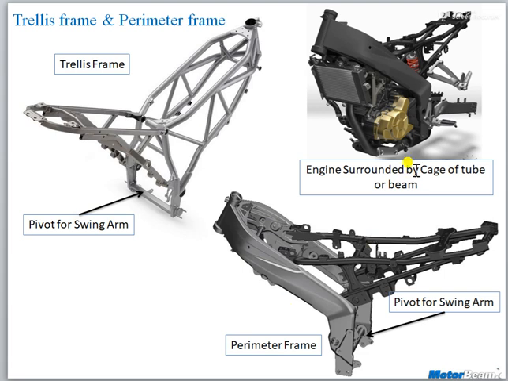So in that way the engine is not directly treated as a stressed member, क्योंकि जो भी फ्रंट व्हील के ऊपर या ऑल द व्हील के ऊपर रोड इम्पैक्ट आने वाले हैं या jerk आने वाले हैं, that will not get transmitted to engine because engine is only suspended, it is not a part of the frame member. Okay, so it is not directly stressed, but as there is no cradle present,